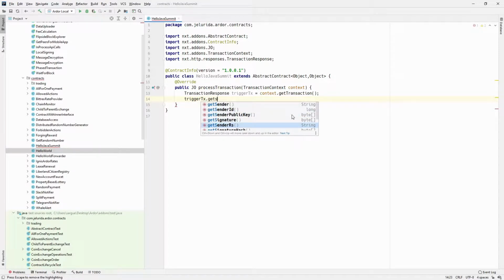RS from the Ardor platform uses different ways of identifying an account. The easy and more visible one is the RS, the Reed-Solomon encoding of the 64 bits that identify an account. So that's what I'm loading. Like, this is the sender.